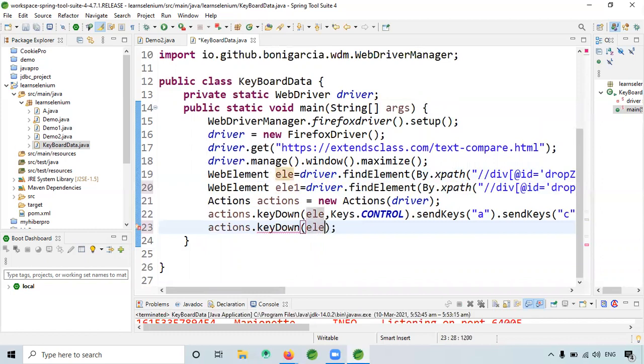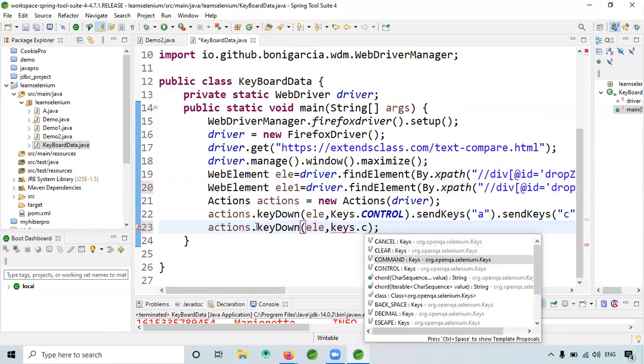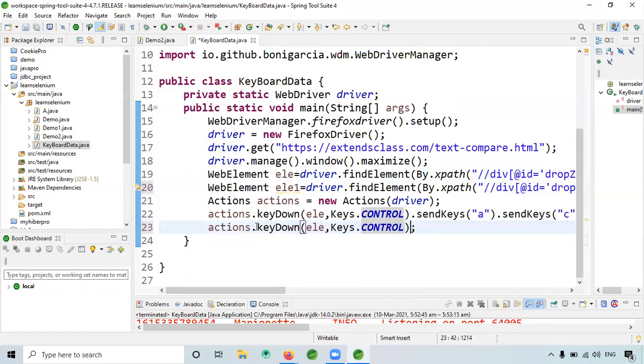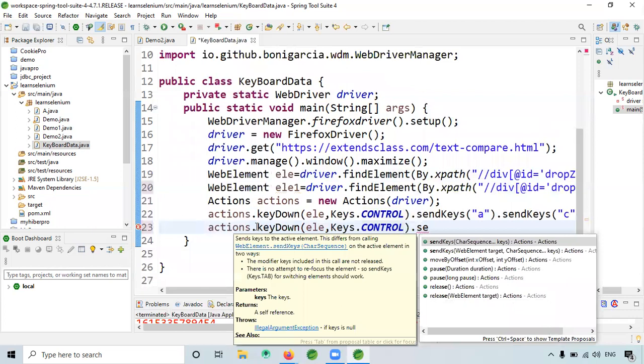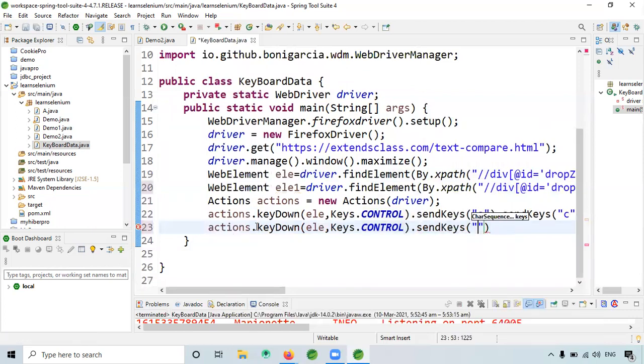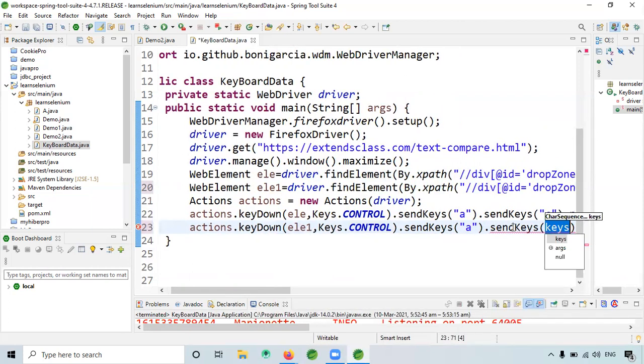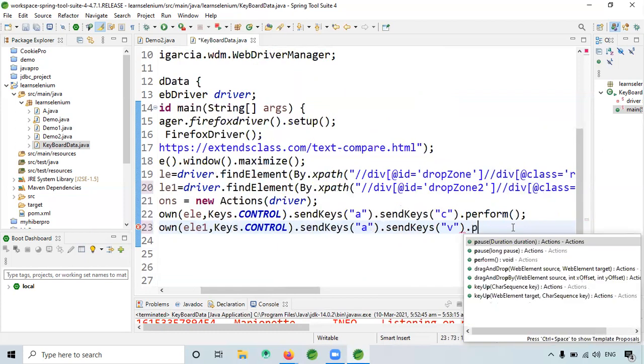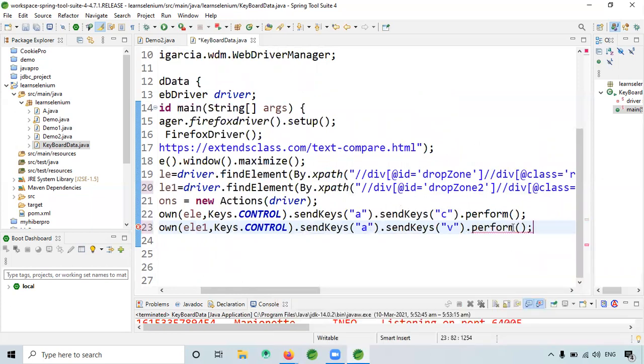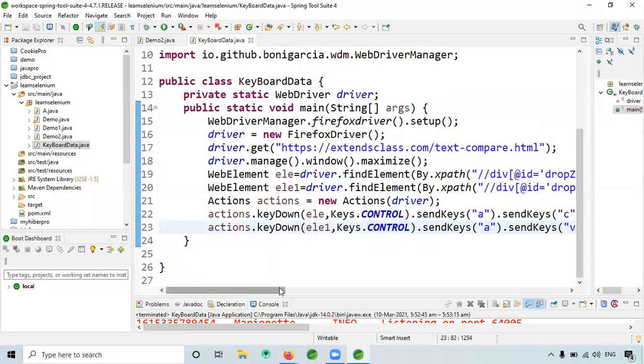So here ele dot Keys dot Control dot sendKeys. We have to send what? See, this is ele1. Control A, then sendKeys Control V, or perform. Okay, that's all.